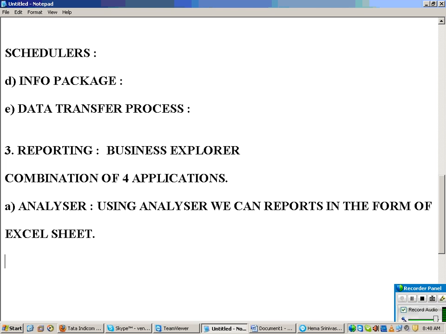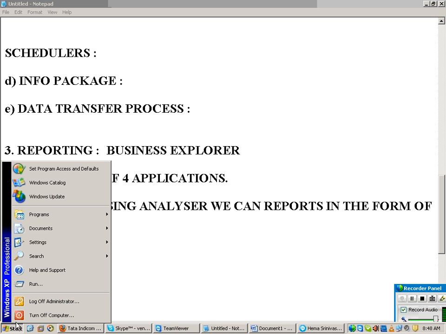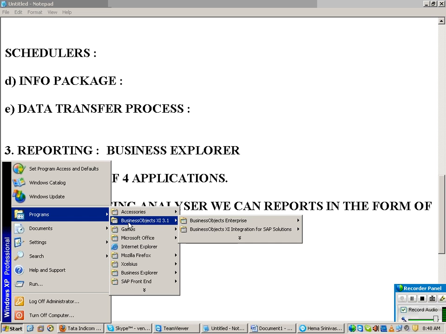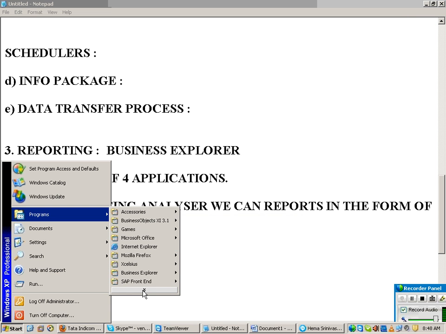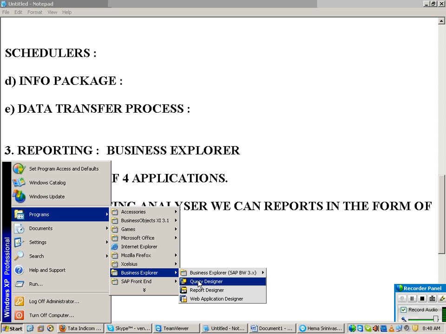Now if you can observe, start, programs, what is there here? Business Explorer. Actually one more will be there, Analyzer. So totally 4 applications.